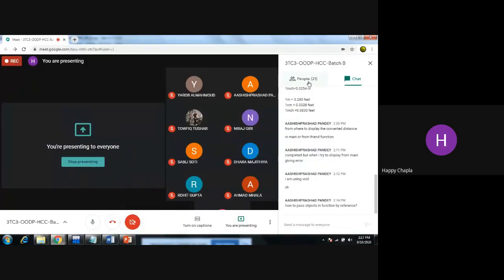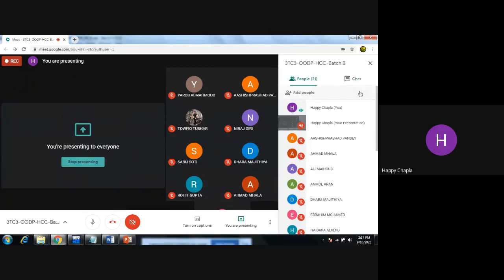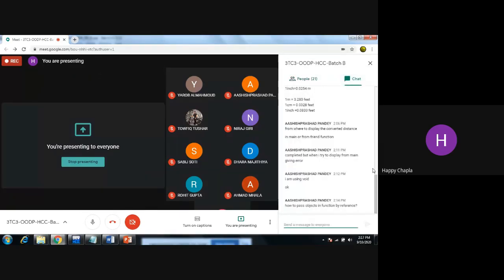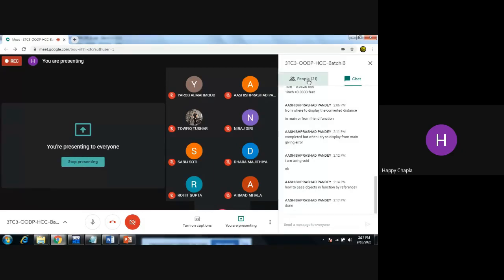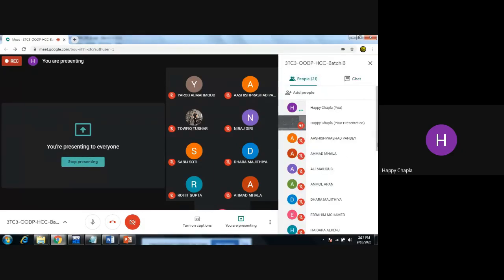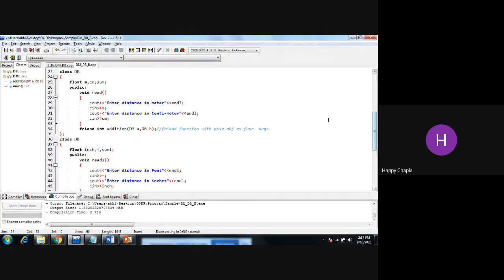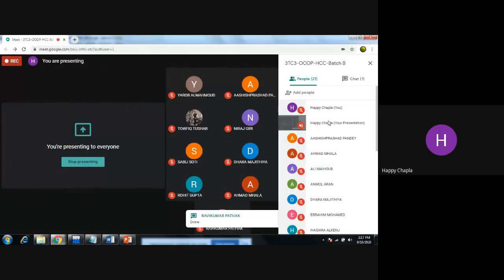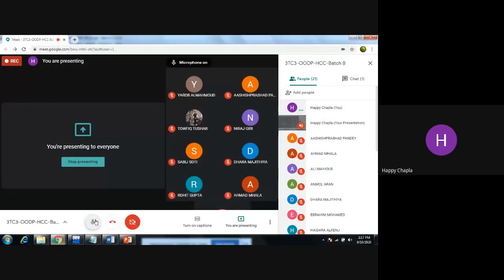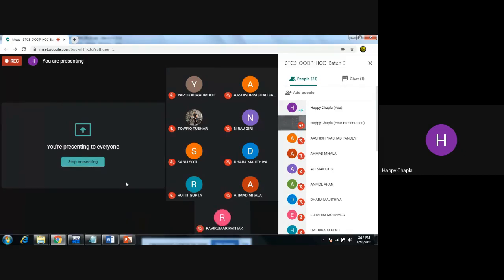Okay, those who have already completed the code can write just 'done' over here so that I can verify. Yes, one. Okay, good. Those who have already completed that code, just implement one simple demo program for a constructor. Either you can use a default constructor or a parameterized constructor, right?